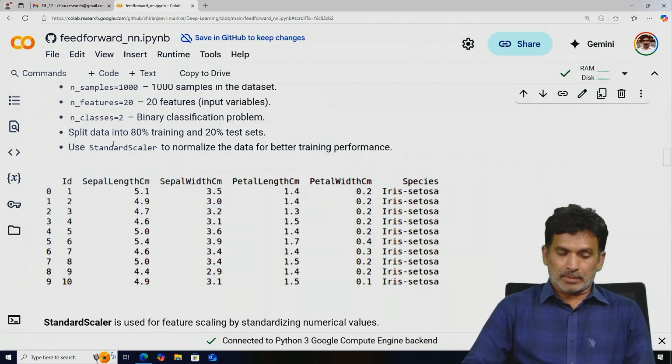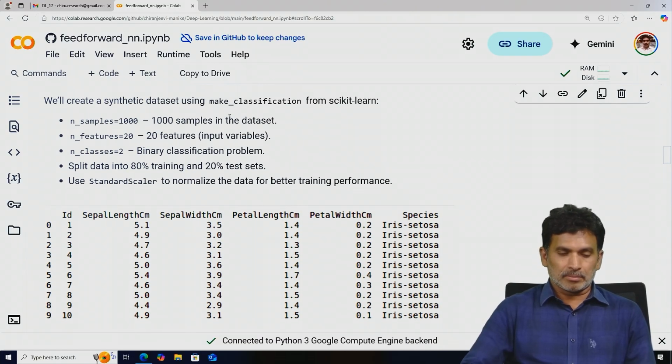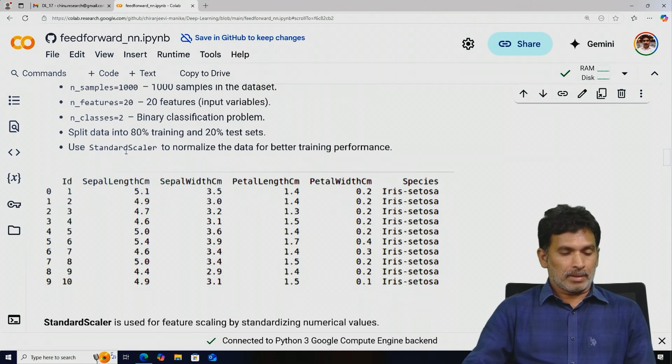My objective here is to explain what a feature is and what a sample is. This is a data set and the attributes are the features, and species is the class label. The rows, numbered 0 to 9, are samples, so each row is one sample. In this case, using make_classification, we have generated a synthetic data set of 1000 samples and 20 features, meaning 20 columns and 1000 rows,